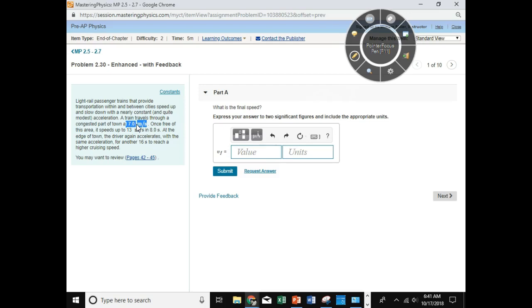Once free of this area, it speeds up to 13 meters per second in 8 seconds. So if you notice, the initial velocity is given to you right here, 7 meters per second. And it says once free of this area, it speeds up to